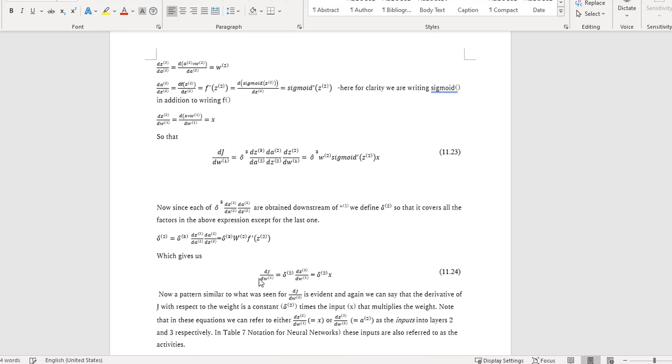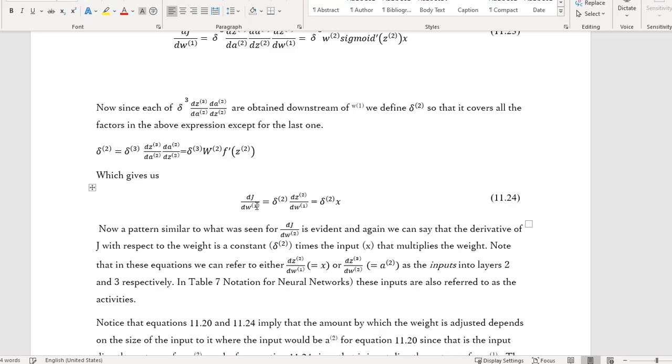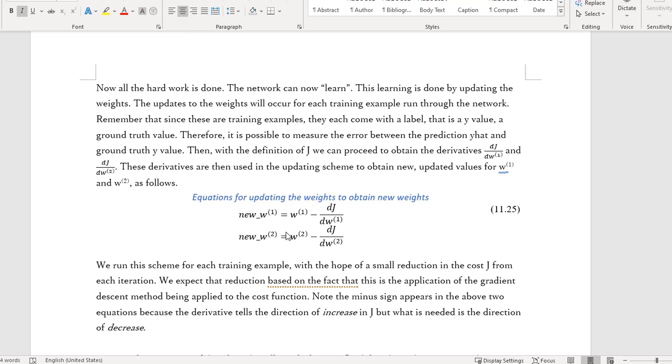And here is what we just said. Here's that expression. Here, the derivative of J with respect to W1 is this delta 2 that we've been talking about times, and we found out that the derivative was just X, just the size of the input. And so here's the updating scheme, but this doesn't have the R in it. We said that we actually will include an R, a learning rate we called it,